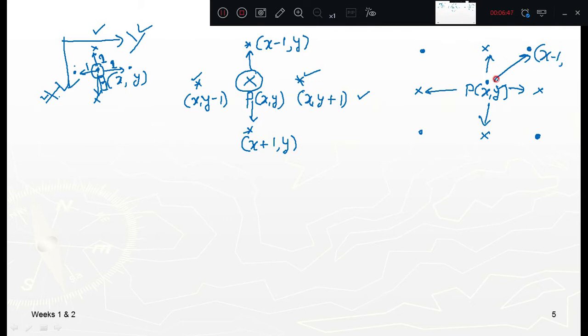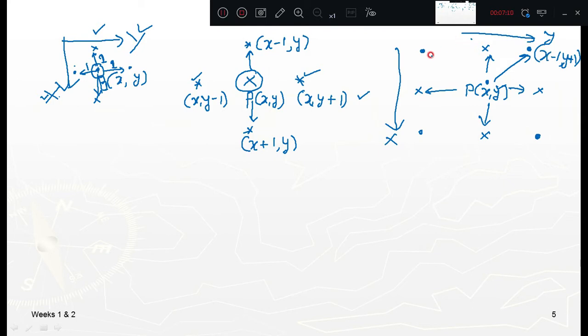Now y is increasing. For you to understand, I will write it like this, y, and this will be the x-axis. Now x is decreasing, y is increasing. How much value you need to consider is 1, because the neighboring pixel we consider as 1. I hope you understood this one, x minus 1.